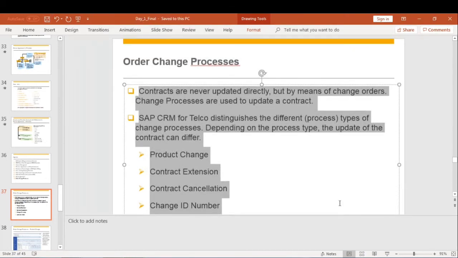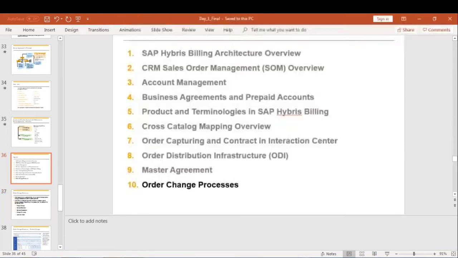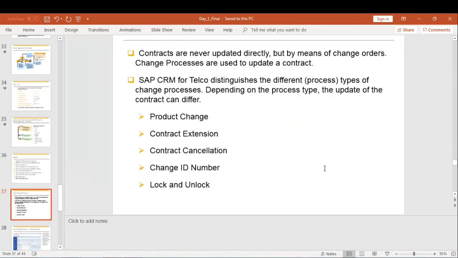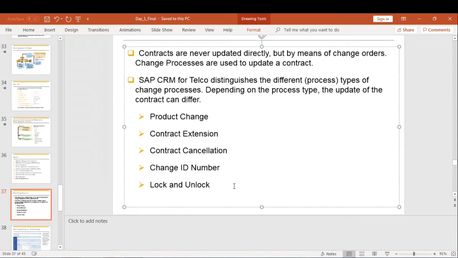Okay. And another process is lock and unlock. I will tell you the example of Dish TV. Let's say you are using this same Idea 299 plan, and you are going to the US or some other country.